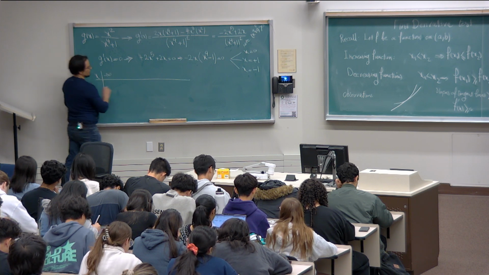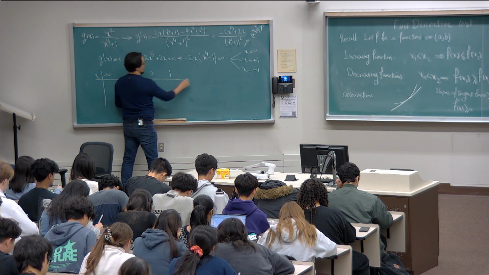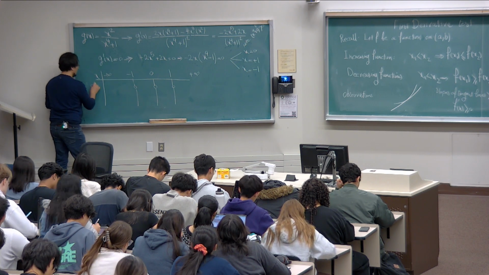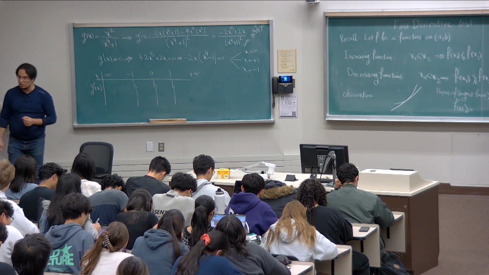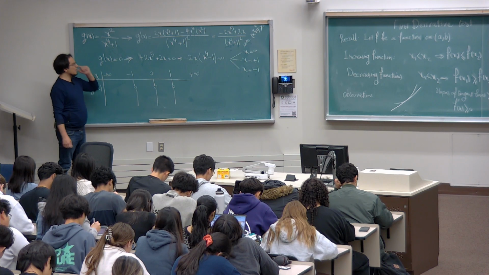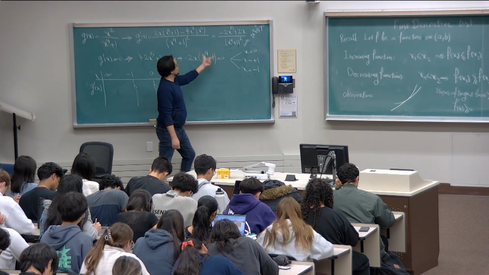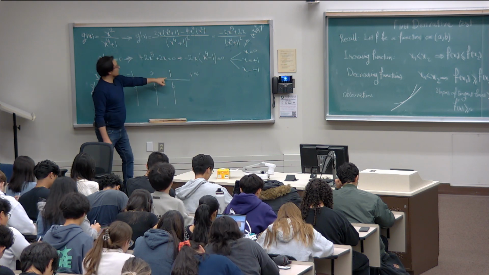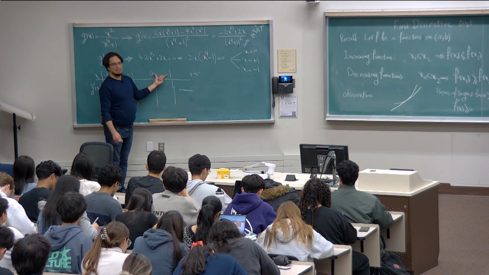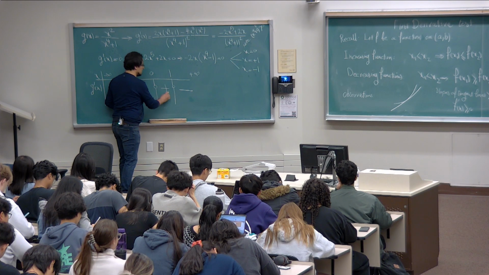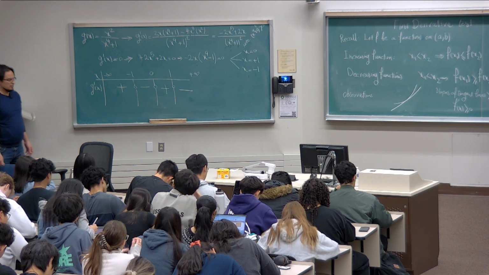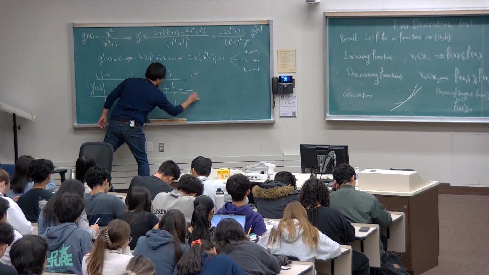x: negative infinity, negative 1, 0, 1, plus infinity. These are where g prime is 0. And that implies that each interval will have only one sign. I just need to look at the numerator and evaluate it at some points. For example, if you plug in x equal to 2, you get a negative number. Then if you plug in, for example, 1 over 2, you get a positive number. In this case, everything will work nicely, and you alternate at each point. The result of that is